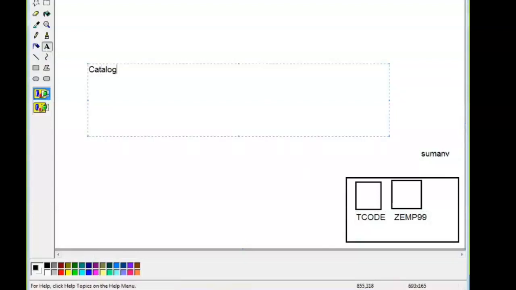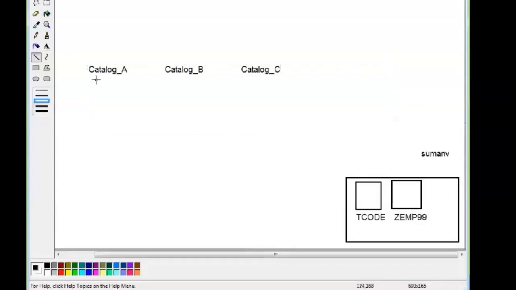Catalog. Every consultant can have his or her own catalog. Catalog A, catalog B, catalog C. Every catalog contains n number of applications. Those might be customized or standard applications.